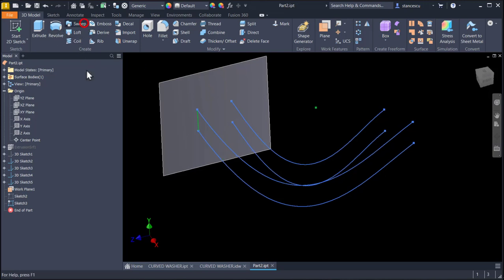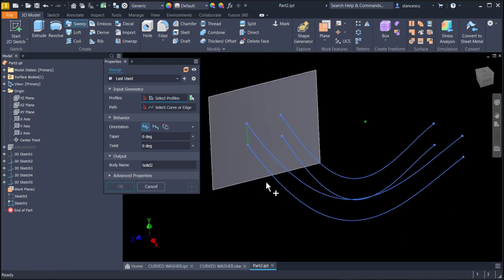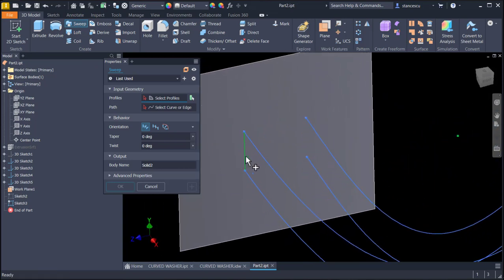Then I apply sweep for this line as profile, and I'm